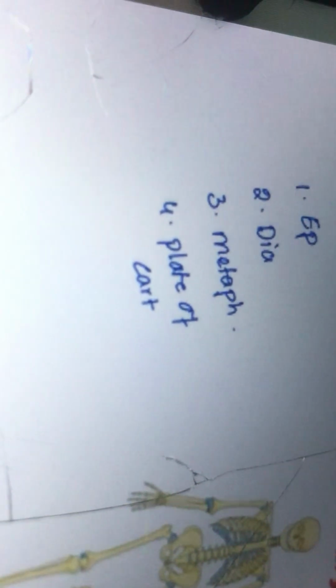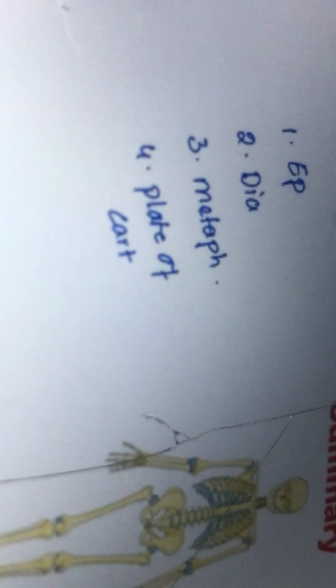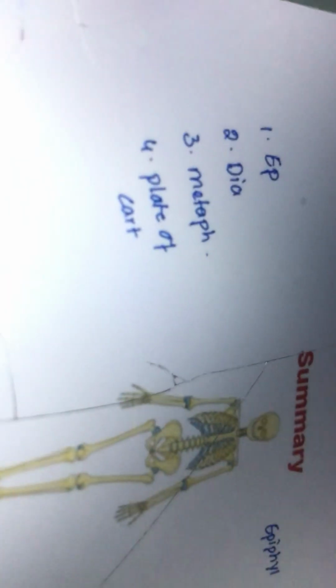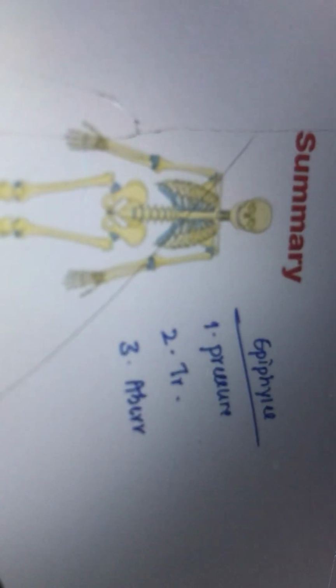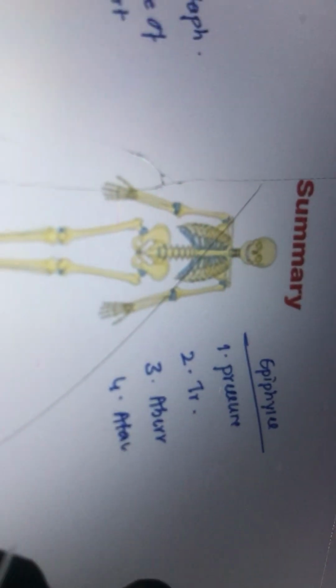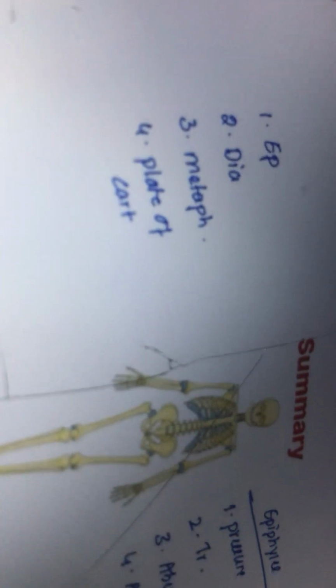Then we talked about the different types of epiphysis, and in this we have the pressure epiphysis, then we have the traction epiphysis, then we have the aberrant epiphysis, and finally we have the atavistic epiphysis. Pressure epiphysis take part in the formation of joint and they help in weight transmission. The best examples are head of the humerus and head of the femur. For